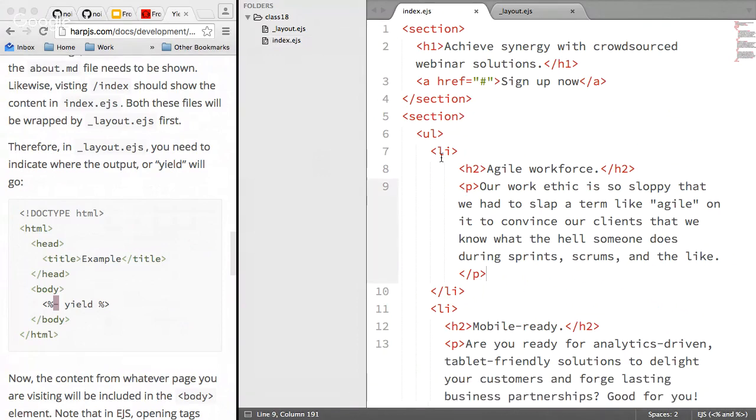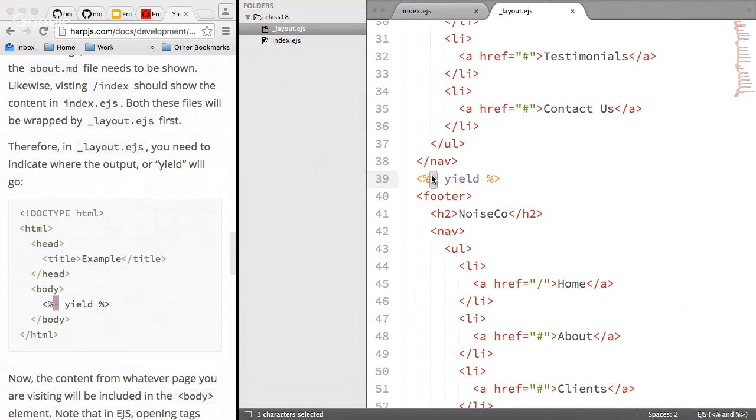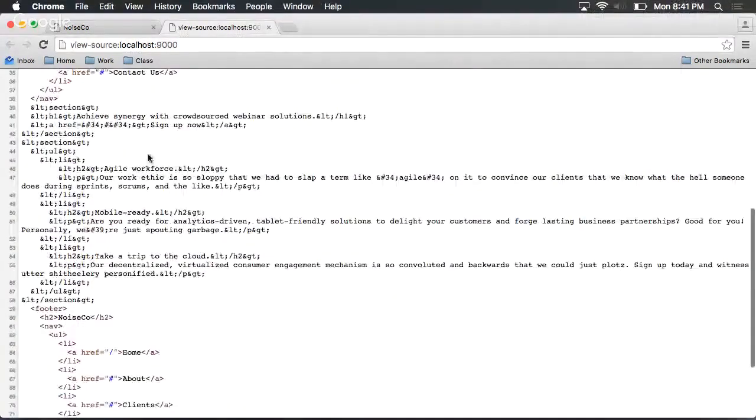It turns out that EJS has a little kind of protection going on, that you need to be clear about whether you want your file that you're including to be sort of escaped or not, treated like HTML or treated like regular text. So by using this little equal sign here inside yield, I was essentially escaping all of the brackets into, check this out, this is actually what the code looks like. Scrolling down, look at all that. Ampersand LT, ampersand GT. If you've ever seen this before,